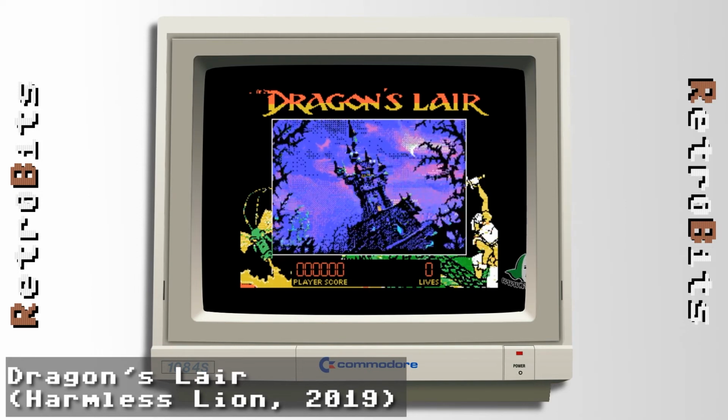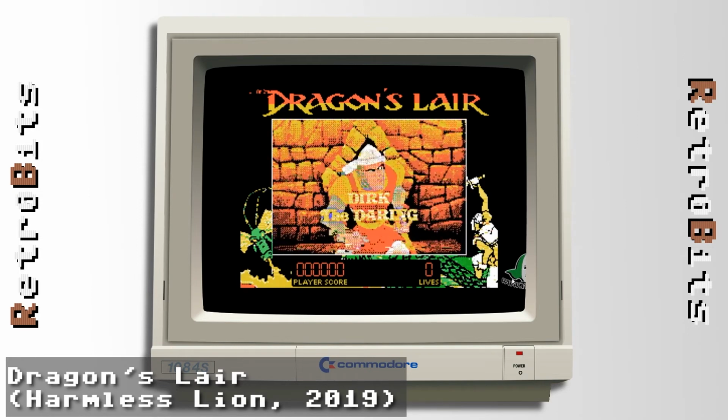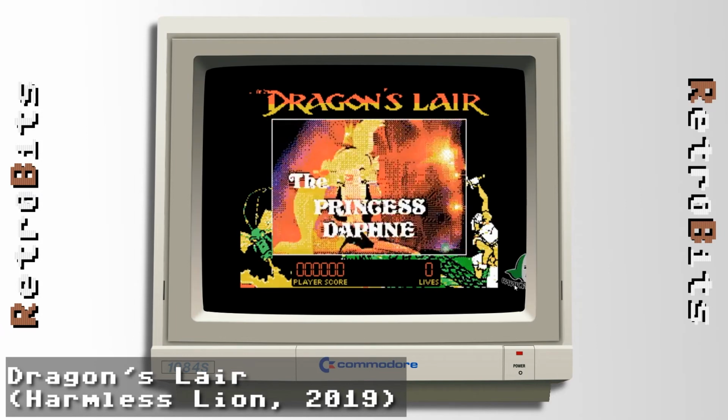Dragon's Lair, a fantasy adventure where you become a valiant knight on a quest to rescue the fair princess from the clutches of an evil